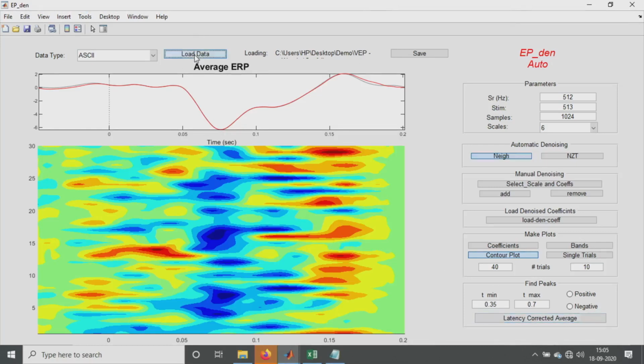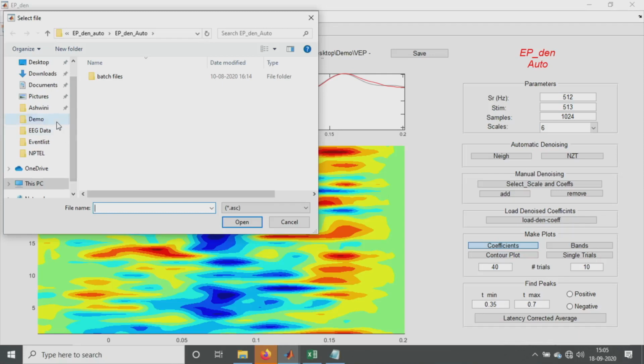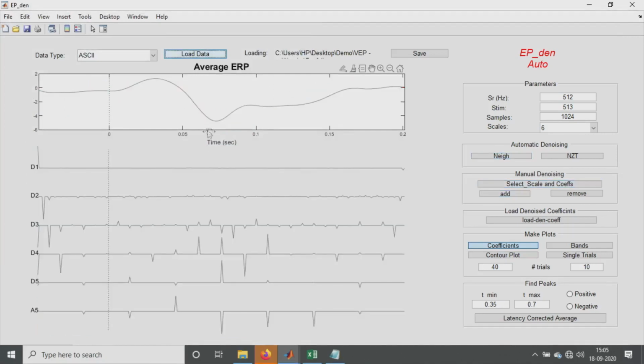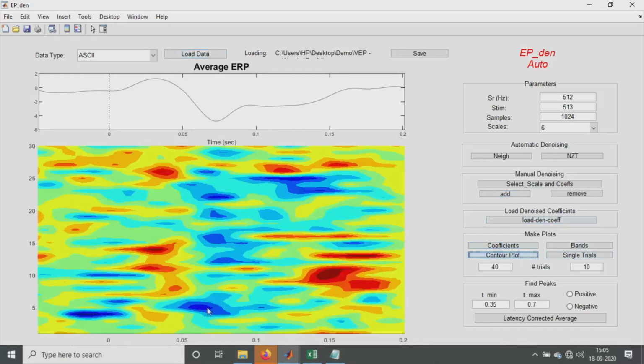Here similarly we can create various data sets. I'll just show you for PZ also. This is another ASCII file I have made. Here also we can create the contour plot. It is not prominently seen here, but after denoising maybe you will have a proper response.